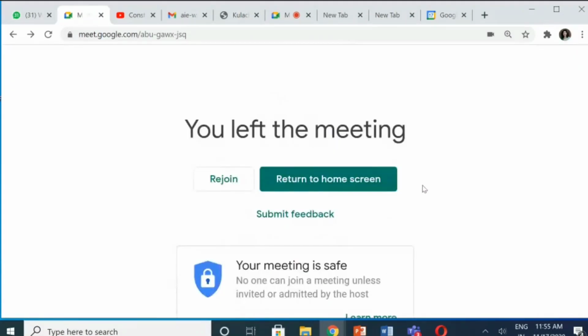Okay. Remember, while attending the Zoom meeting, if there's any phone call, Zoom used to put you on mute and the meeting used to continue. But in Google Meet, if you are attending a phone call with the same device, then the meeting completely ends and you have to again rejoin the meeting. You have to again click on joining the meeting and only then will you be able to join. So ensure that you do not pick up any phone call while the meeting is going on. Otherwise, it might be a little problematic for you.